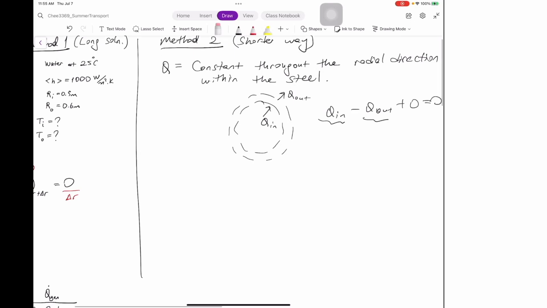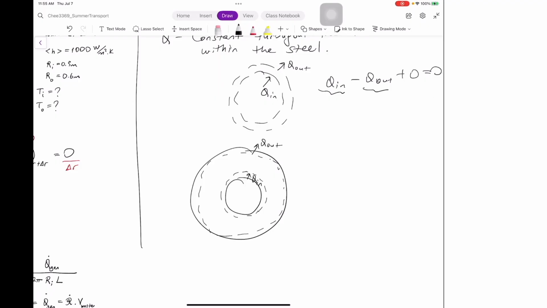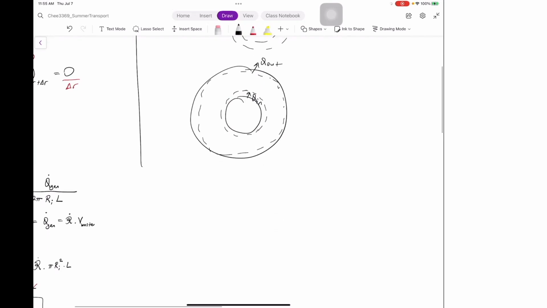So Q doesn't change along the steel. You don't even need to get a small shell. For example, if this is your steel, you can take your entire steel as your system, or a thicker shell. Whatever goes in as Q in is going to go out as Q out. So Q is constant throughout the radial direction. That's one thing you should appreciate. Then once you realize that,